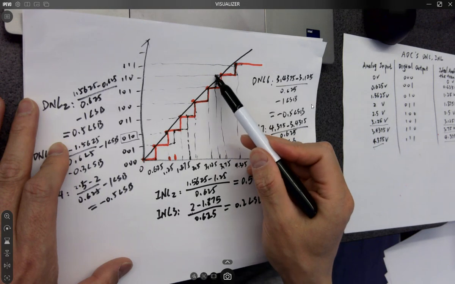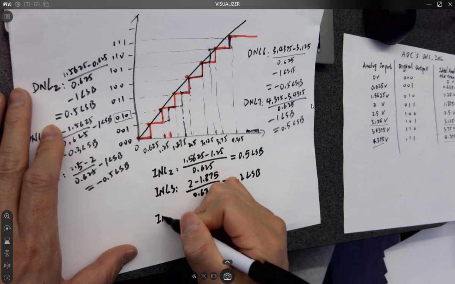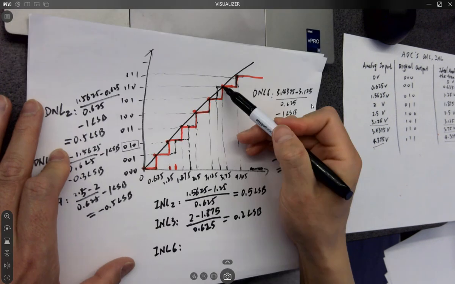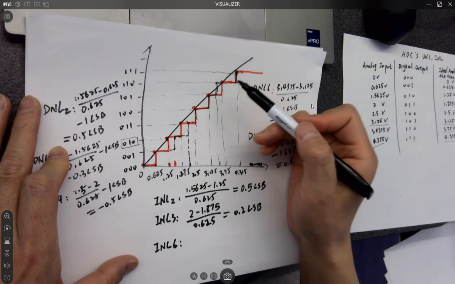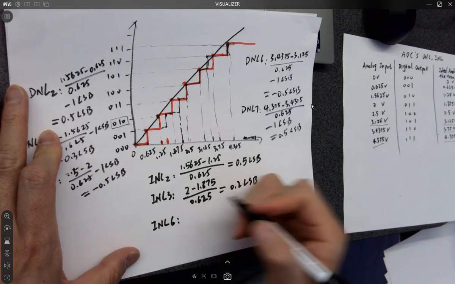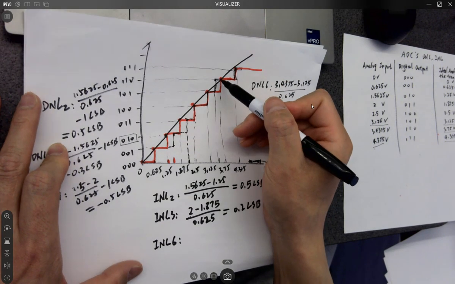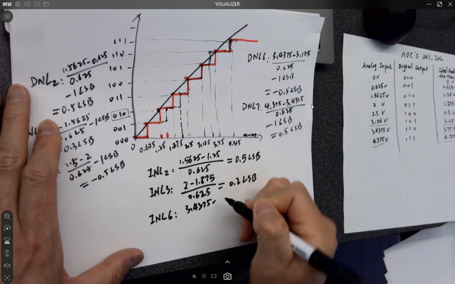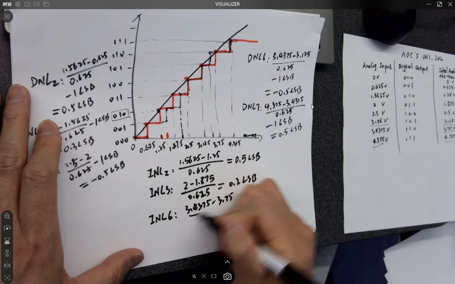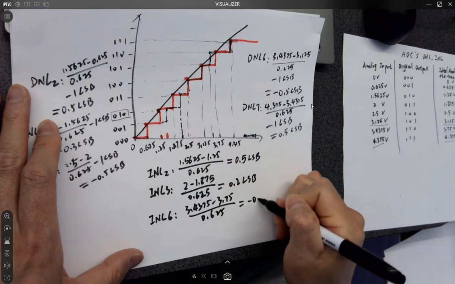There's a little difference here. So that is INL6, which is 3.75. Wait. Oh, you use the actual one minus the ideal one. 3.4375 minus 3.75, divided by 0.625 equals